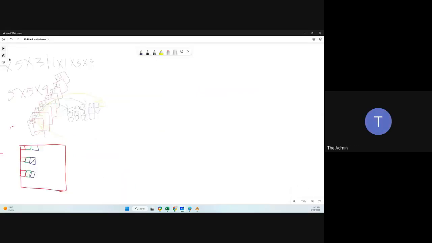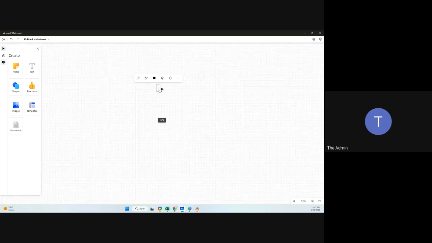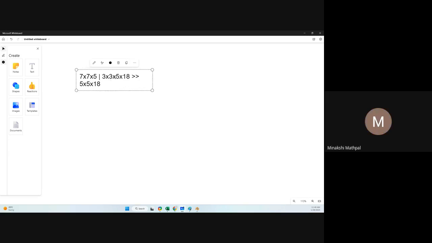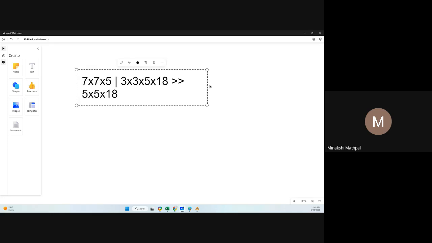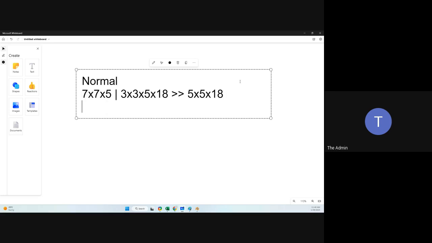So let me write it. We start with 7 cross 7 cross, let's say, 5. We convolve this by 3 cross 3 cross 5 cross 18. That's going to give us 5 cross 5 cross 18. So this is our normal convolution. Now in depthwise,